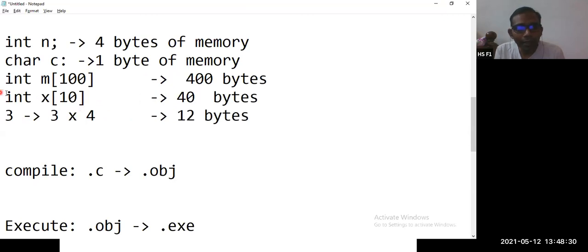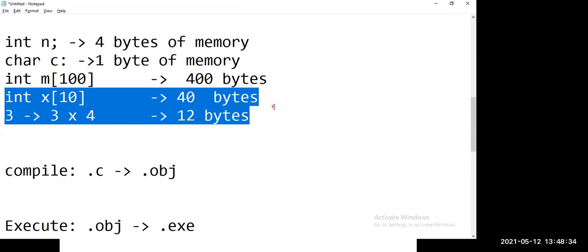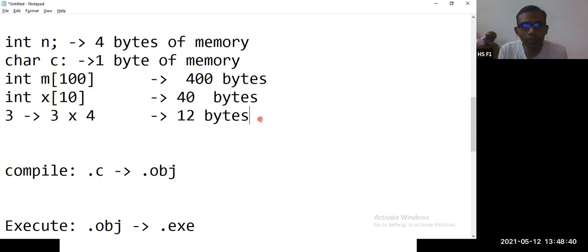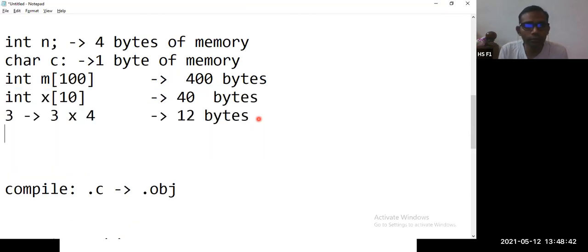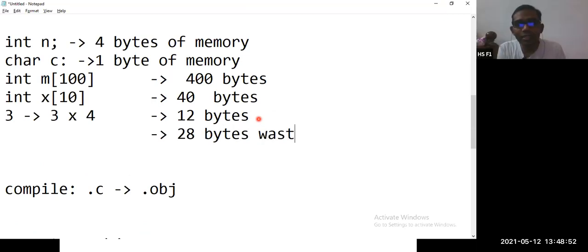Now we have assigned x of 10, so 40 bytes are allocated and the user wants to use only 12 bytes. What about the rest of the bytes? How many bytes are left over? 40 minus 12, 28 bytes. We are going to call these 28 bytes wastage.